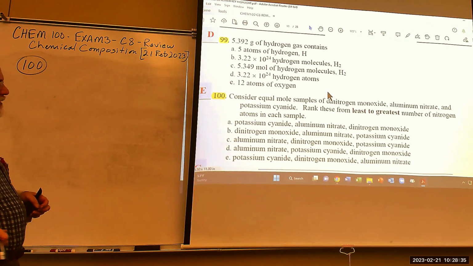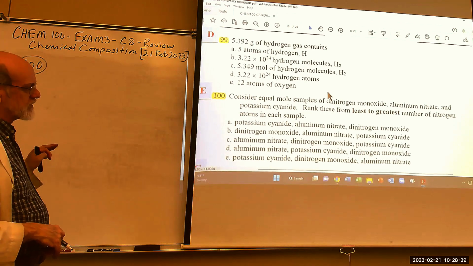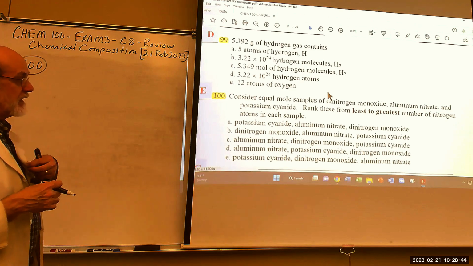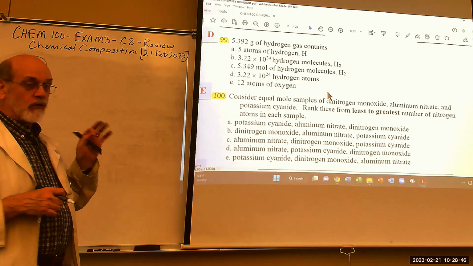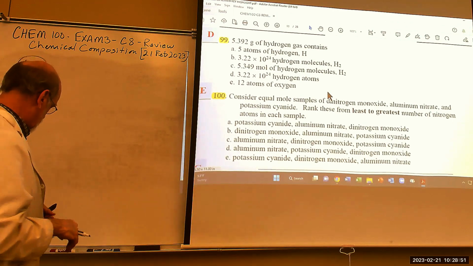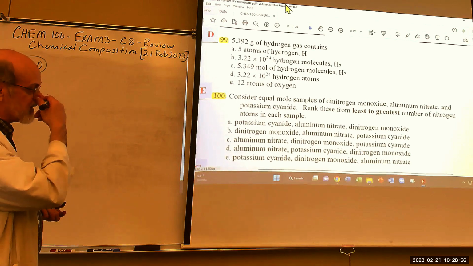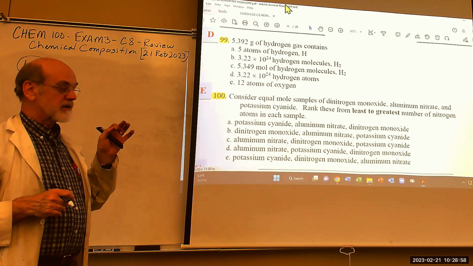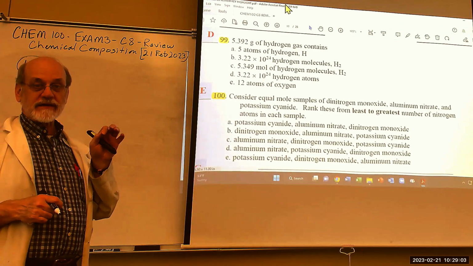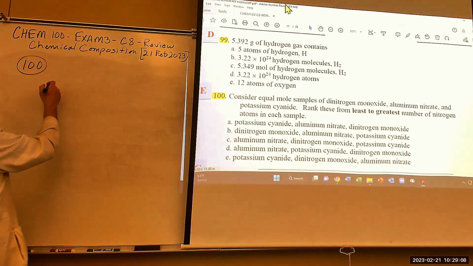Consider equal mole samples of dinitrogen monoxide, aluminum nitrate, potassium cyanide. Rank these from least to greatest number of nitrogen atoms in each sample. Okay. If we have equal mole samples, let's just say 1 mole of each. In order to count the number of nitrogen atoms in each sample, we've got to have their formulas. Right? So we need dinitrogen monoxide,